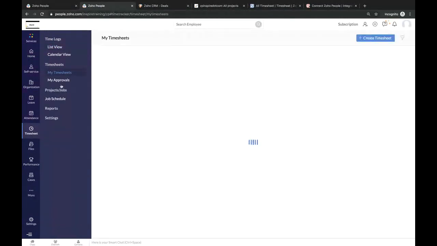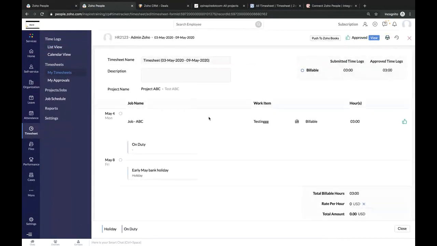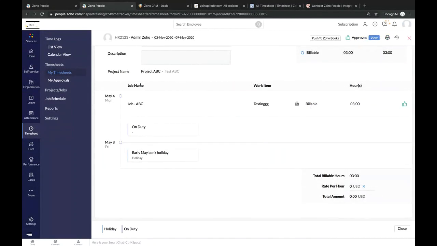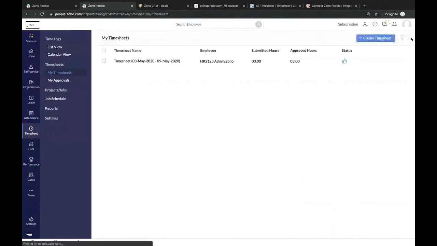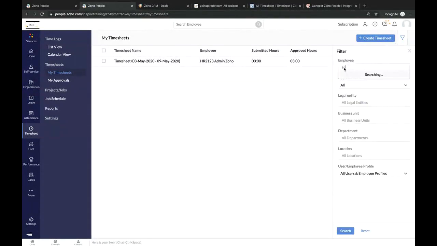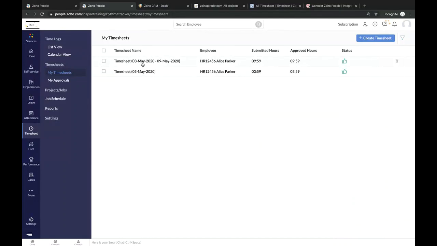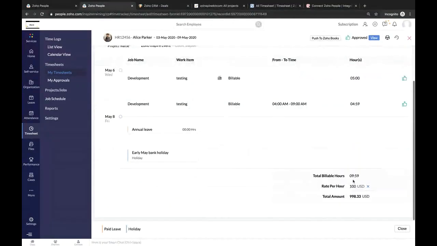So currently I haven't used it. If I click on the timesheet, the user will come to know that he has worked so and so hours. Give me a minute. I'll choose Alice. This person has worked on a particular job, and the timesheet is submitted. Here you can see he has worked for around 10 hours. He is getting paid 100 USD for 1 hour, and he is about to get $1,000 since he worked for around 10 hours. So if you want to hide this total amount and this rate per hour, you can